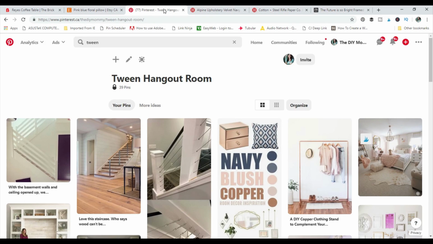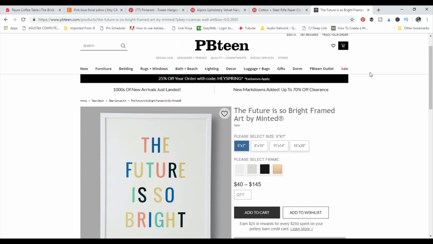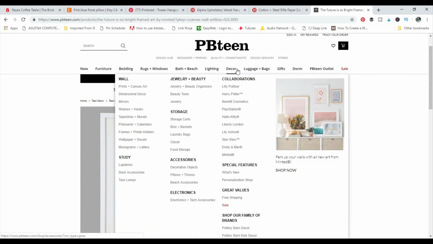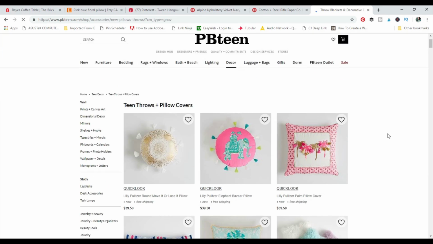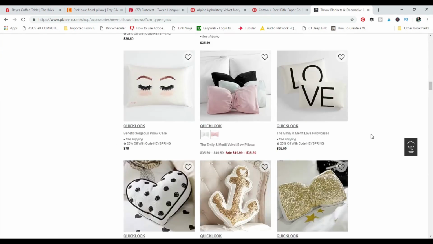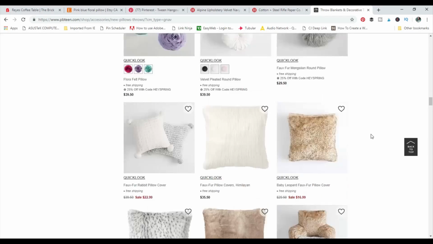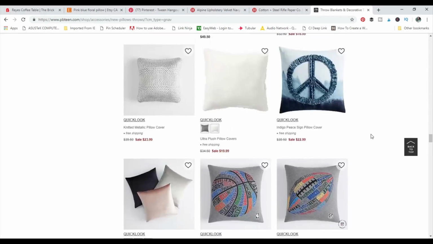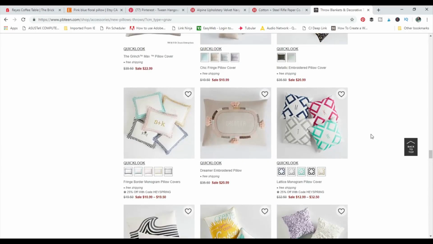But as you can see, it's just a process. As I go and as I put things on my mood board, it helps me to see if everything works together or it doesn't. Again, this is just a great way that I nail down all of my choices when I am decorating a space. Then I went again on the Pottery Barn Teen website, and I'm just looking for other pillows